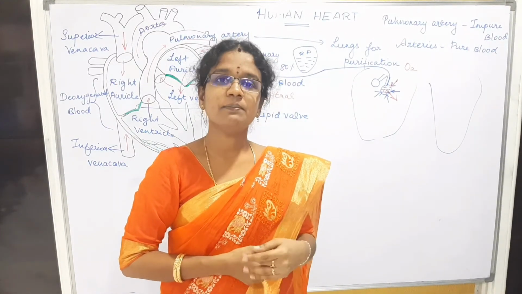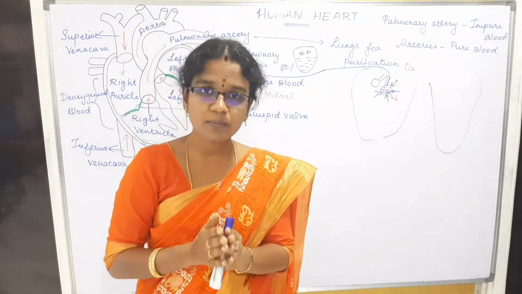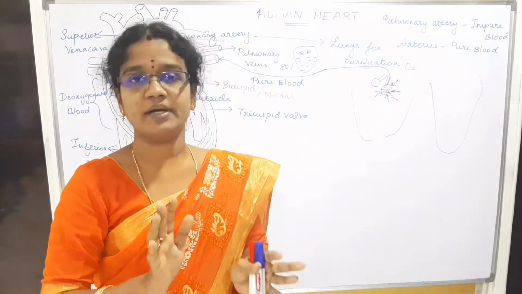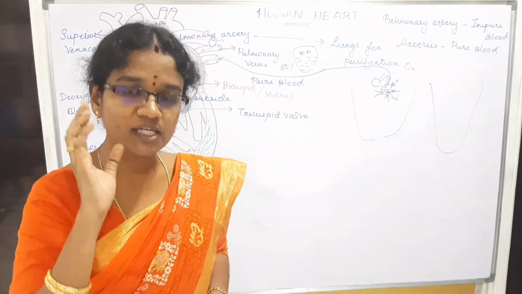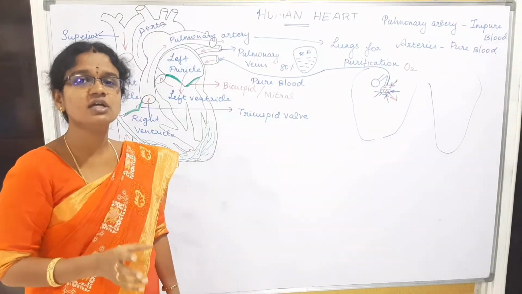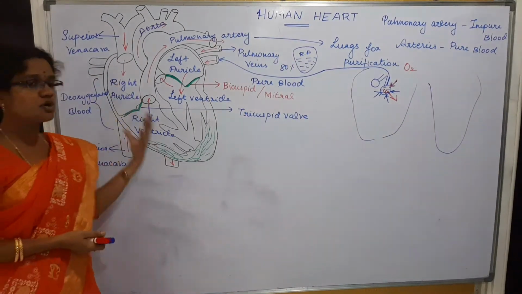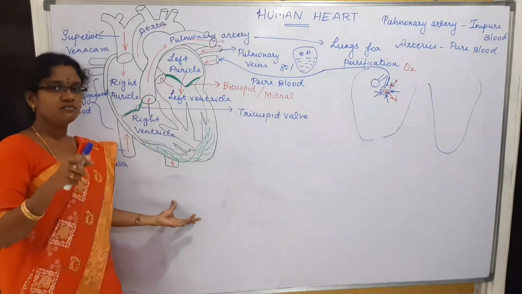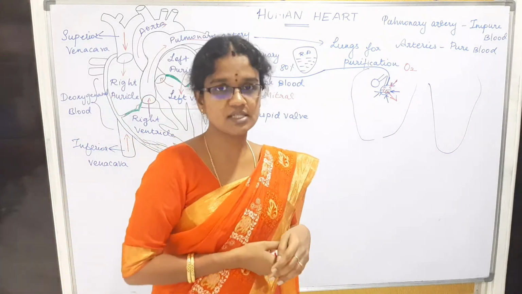Because when we take in food, the food always possesses carbon dioxide. Whichever items we are taking in always possess carbon dioxide. All the protein content of a food possesses carbon dioxide, right? So again it will be absorbed by the villi. In the previous video we talked about the villi which are present in the small intestine, right?